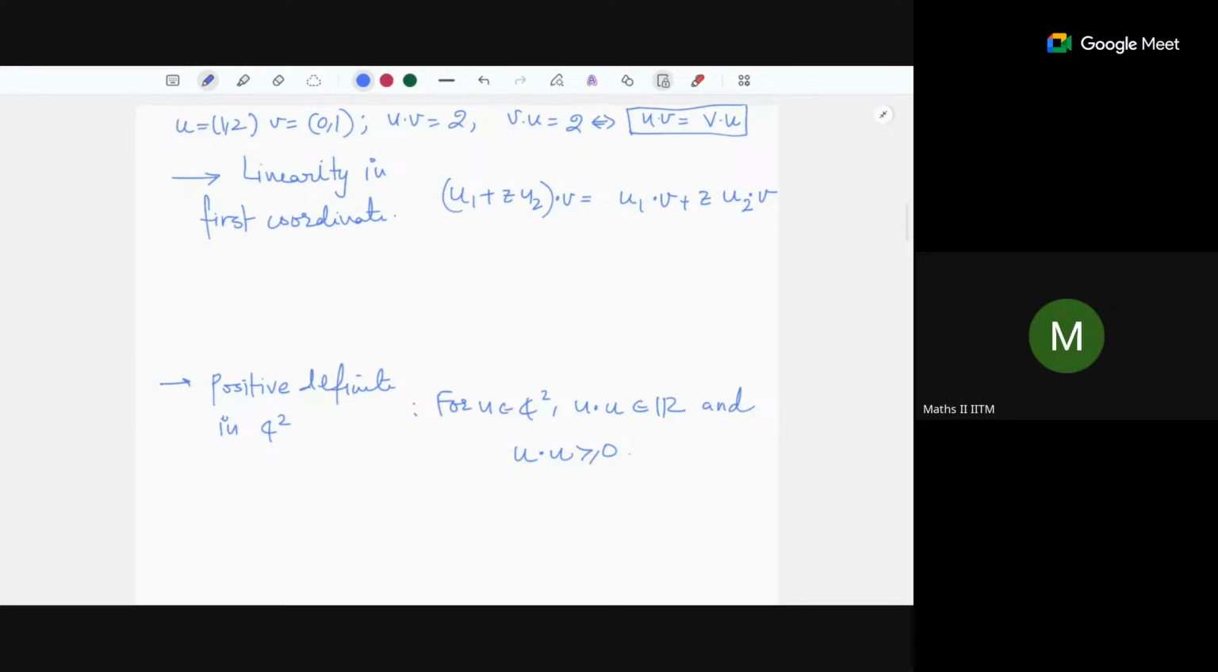So, linearity in the first coordinate. Now, how to check this linearity? It is quite easy. What do we mean by linearity in the first coordinate? That if you have a u1 plus z u2 type expression, then it linearly expands with the dot product, it behaves linearly. So it is easy to check. If you start with the LHS, that is (u1 plus z u2) dot v,